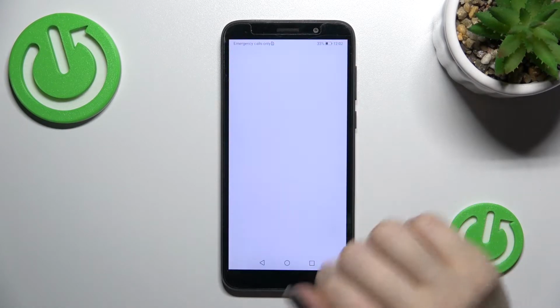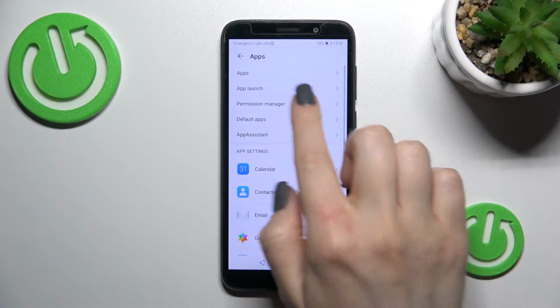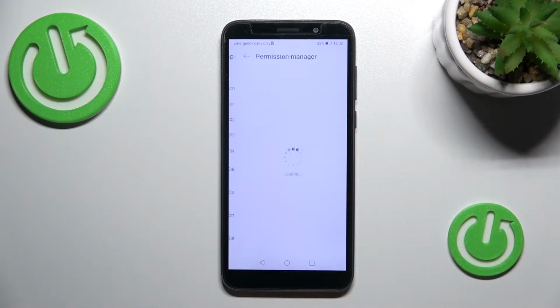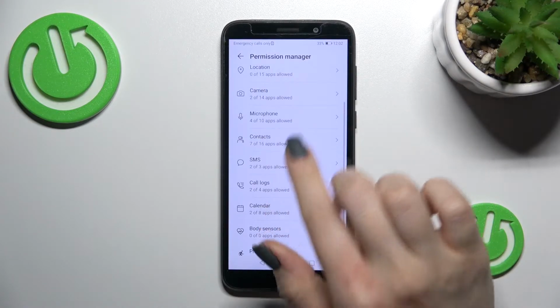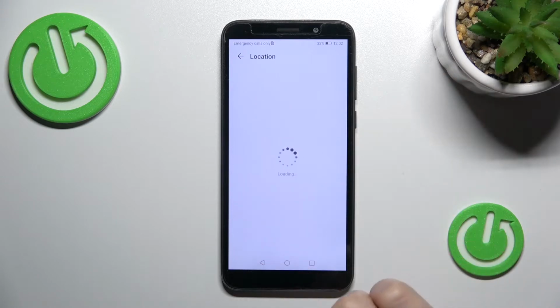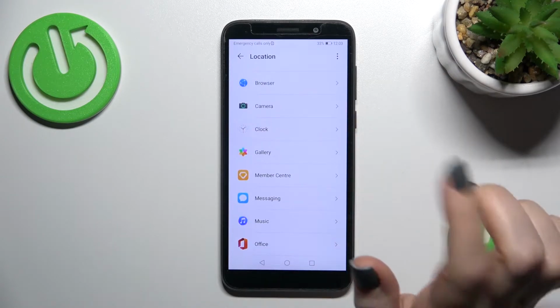First you should go into the Settings application and then tap here on the Apps section. Here you'll see the Permission manager. Click here, and now we can select, for example, the location permission, and here, for example, we will use the